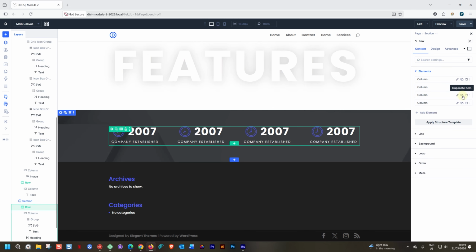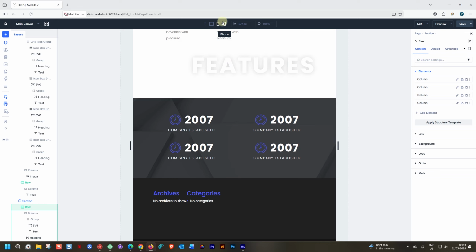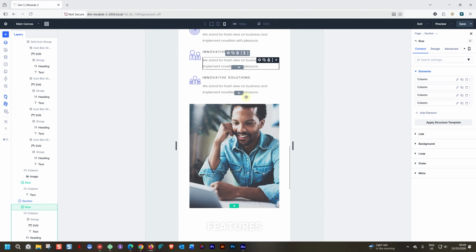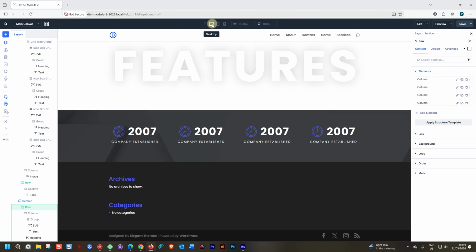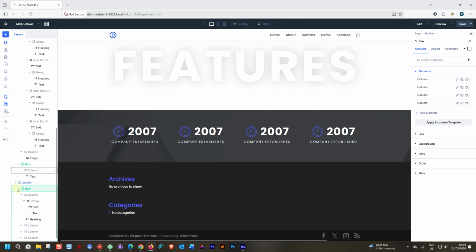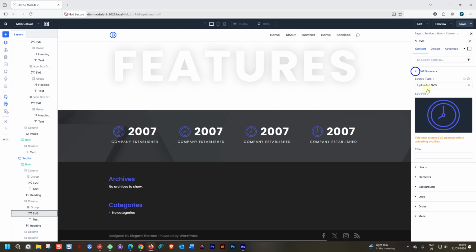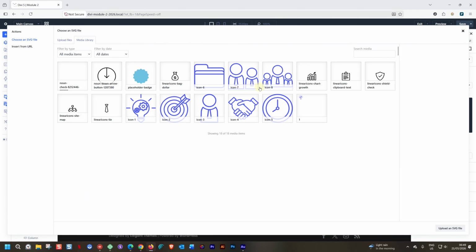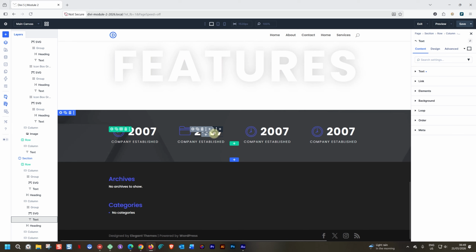And before we change the content, have a look on tablet. That looks good. And the same for phone. Good. And all I need to do now is change out the content. Select the SVG, and many times we're not going to be able to do it on page. It's going to be tricky, but if we're that lucky, we can just change it out very quickly and change that to that one. And we change the text for this one,